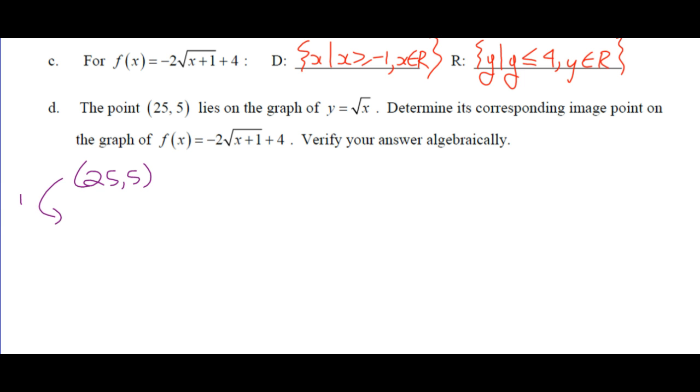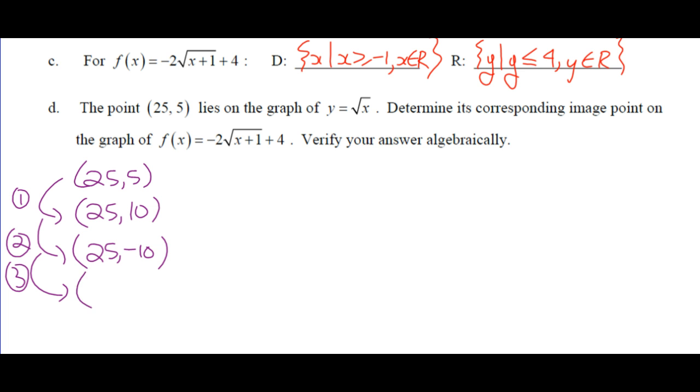So the first transformation is a vertical stretch by a factor of 2. So what does it become? (25, 10). Reflected in the x-axis: (25, -10). Horizontal translation, left 1: (24, -10). And a vertical translation up 4: (24, -6). Okay, so anytime you're doing that, the 1, 2, 3, 4, just refer back up to the